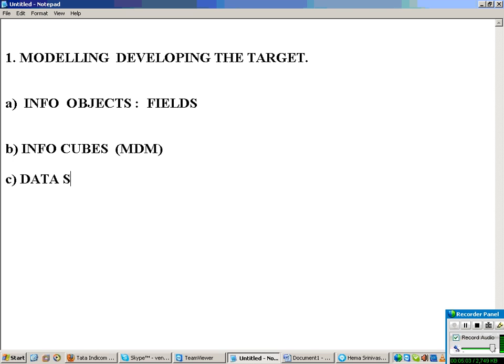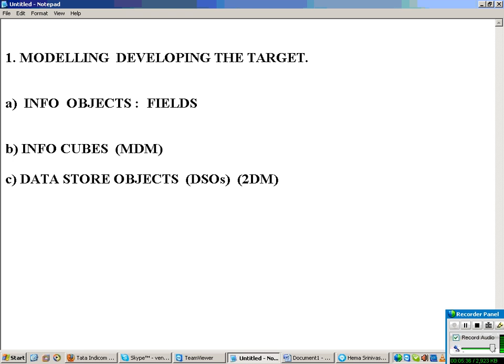Then next under modeling, what is it? Data store objects, DSOs. DSOs are basically again a flat table, a two-dimensional model.